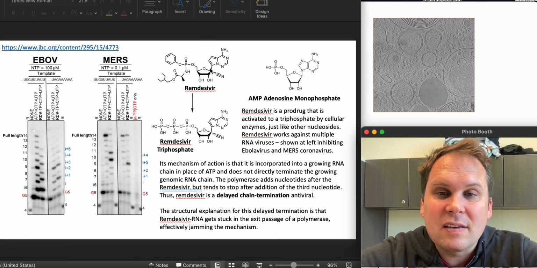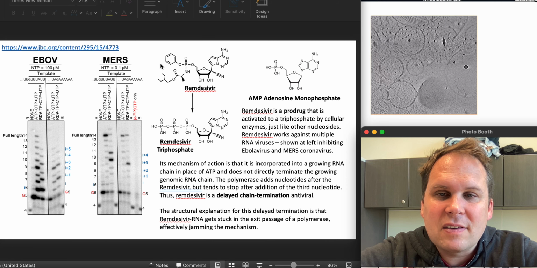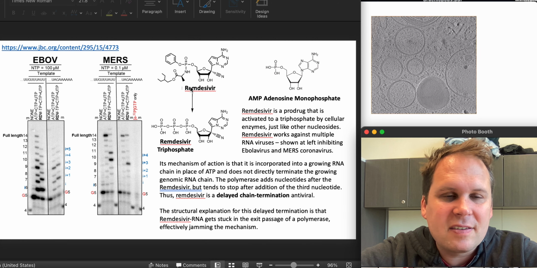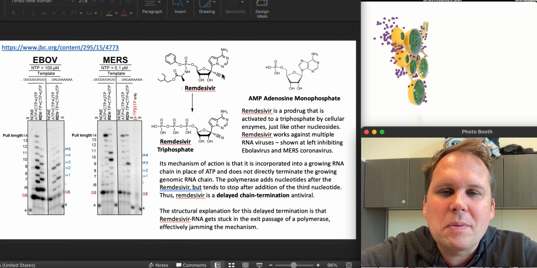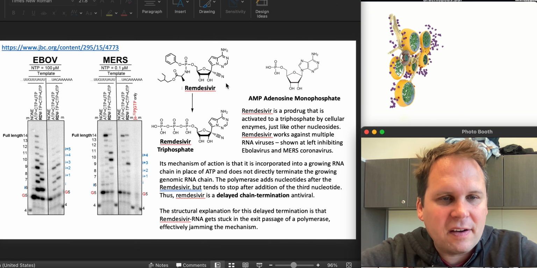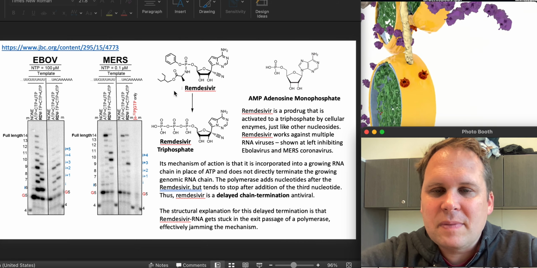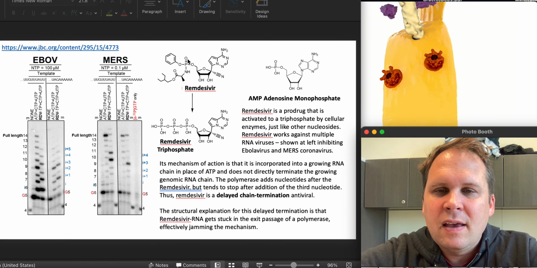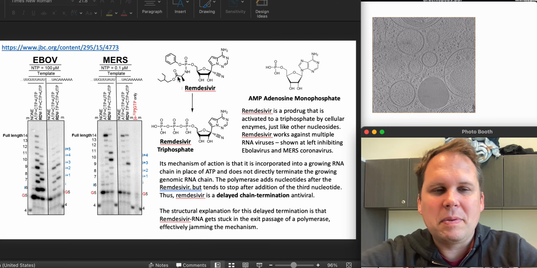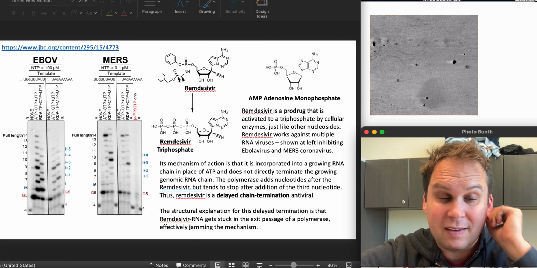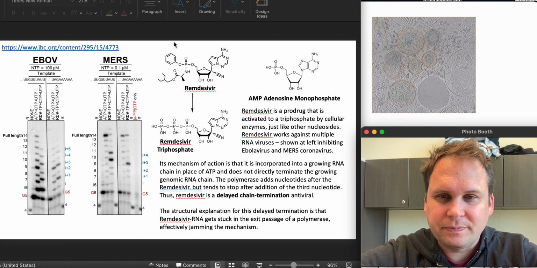You can see there's the side. And really our only difference is that we put these little groups onto the side. And there is, look at that nitrogen triple bonded right over here. Those are the differences. And in the cell, we're actually going to shed off these 2 things. Those just are there to help it be delivered as effectively as possible.